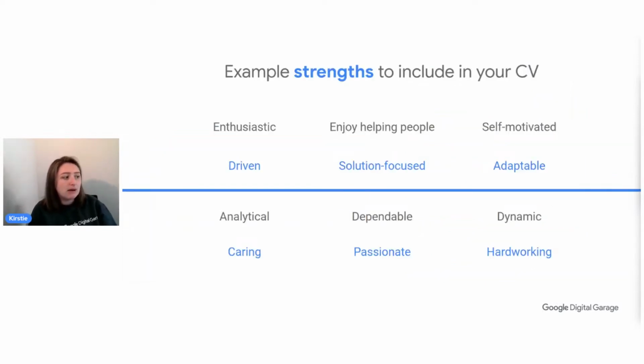So again, thinking about, are you enthusiastic? Do you enjoy helping people? You're adaptable, hardworking, dependable, caring. And then starting to think about what some of these things lead into when it comes to that specific role you're applying for. And it's really important that you start to think about the relevant keywords based on that position